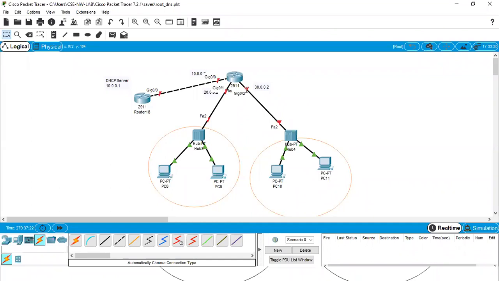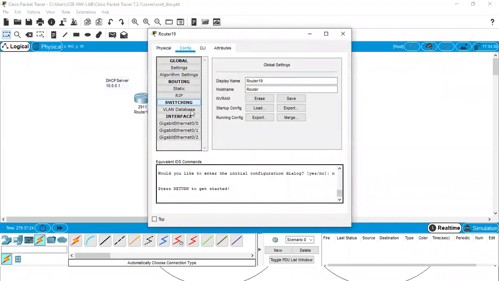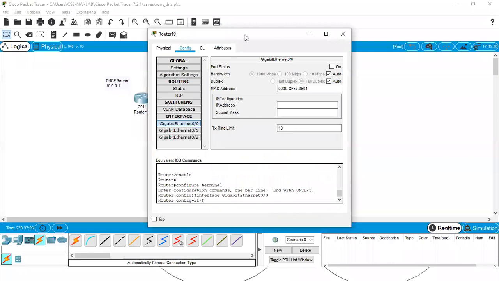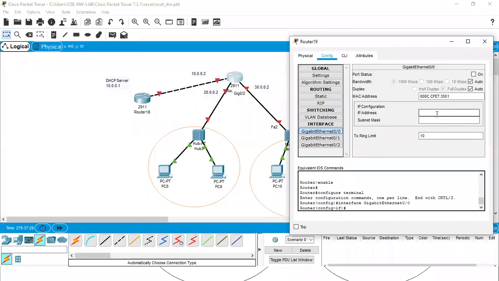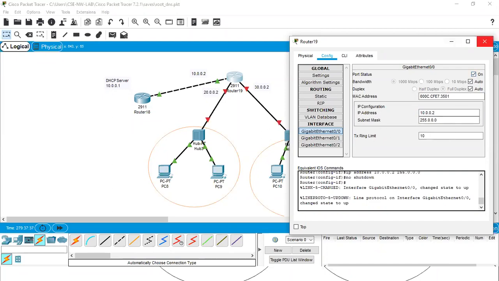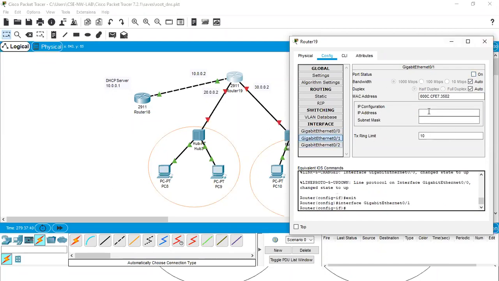This one is 0/2. So it's in the proper order. So now we can assign the IP addresses in the same order. See, the last byte is all 2. So it's easy to remember. Next one is for the subnet. So all the gateway addresses, we're making them as 2.